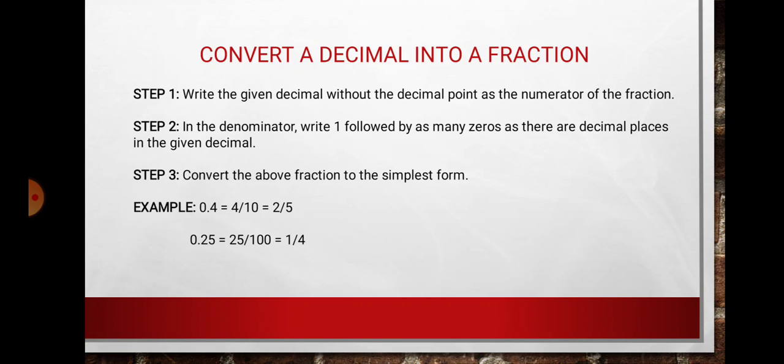As we all know, a fraction has two parts. The upper part is the numerator and the lower one is the denominator. The upper part is done with the number given in the question, written without the decimal point. Below, in the denominator, write 1 followed by as many zeros as there are decimal places. How many digits are there in the decimal part? Only 1. So that's the decimal place. So how many zeros are we supposed to add?